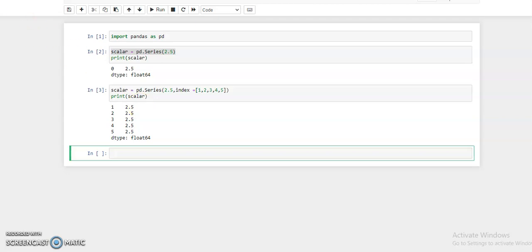Now we can create a series with the help of a dictionary. So with the dictionary method we can create a series, which is another method. How to create: simply we write dictionary, or in short dict, equal to pd dot series, and we pass here, in the curly braces,